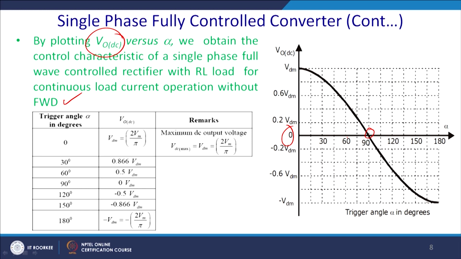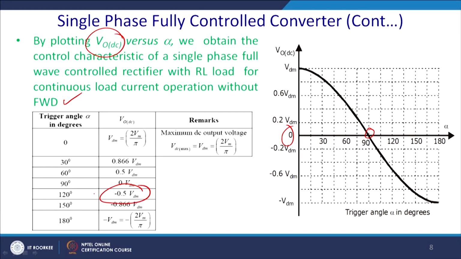So, the voltage delivered to the load is 0. Thereafter, if you increase this alpha beyond 90 degree, then you will get a conversion operation. So, it will be bipolar. So, you can convert AC to DC as well as reconvert DC to AC. So, actually the load itself will then supply back the power to the source. This kind of application is possible in case of regeneration.